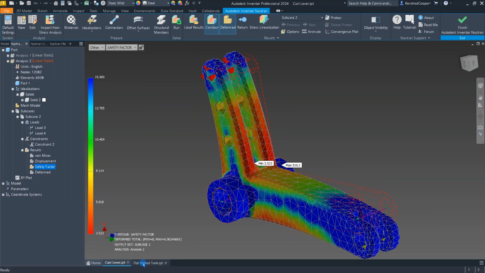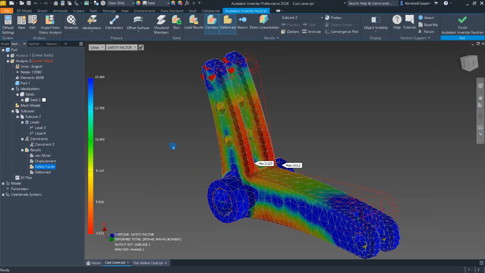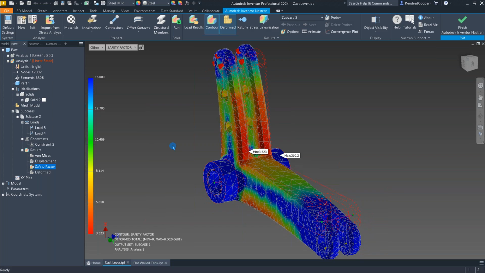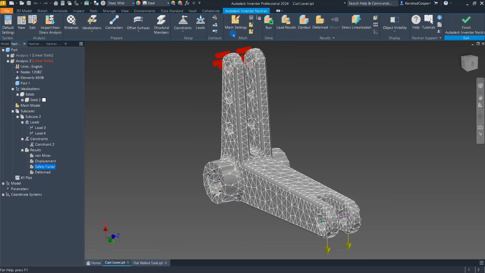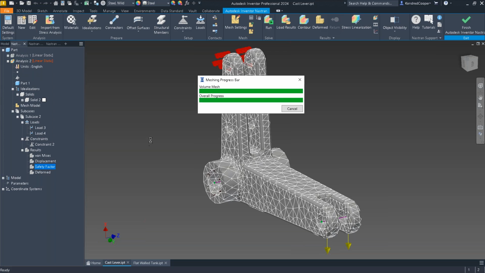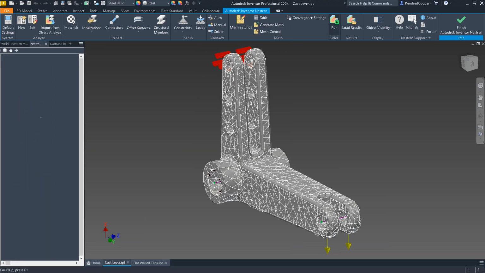All right, so the next situation we're going to look at, well, actually, let me go back to this one. On this particular situation, we're going to refine the mesh. And with that mesh, we've got our default that we set it to, the 0.2. This is a global mesh size. When you reduce this, you want to take very small baby steps. So we started at 0.2, let's go to 0.18. Regenerate your mesh and rerun your results. So now when I rerun this,